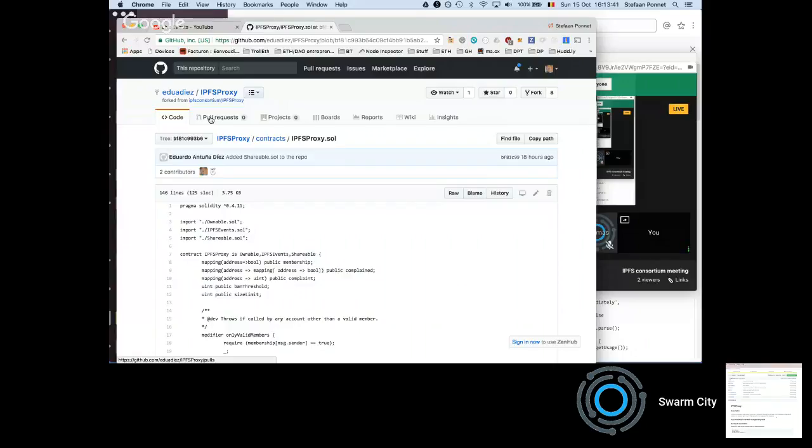So the goal is not immediately that a decentralized app would be able to post data to the IPFS consortium, but actually the members would be able to send each other IPFS hashes that the other consortium members would pledge to pin in their local IPFS repository. So that means that we are supporting other projects and other projects are supporting us in persisting data.